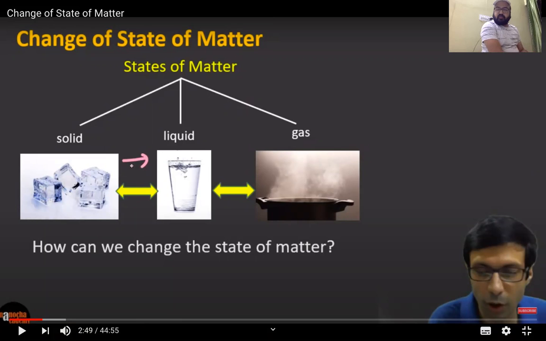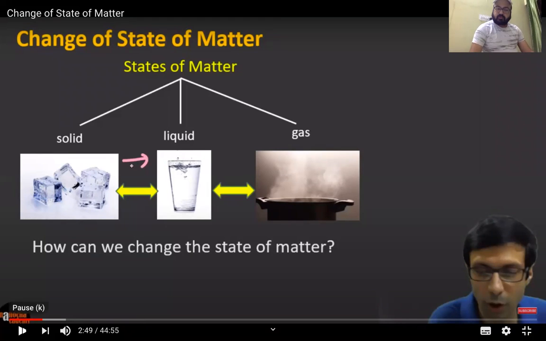We'll be continuing where we left off in the last class. That is the interconversion of states of matter. Here we'll be discussing how one physical state, say solid, is converted into liquid, liquid to gas. Gas can be converted directly to solid. What is latent heat of fusion, latent heat of vaporization? What is the relationship between Kelvin, Celsius, Fahrenheit? Please go through this video properly before attending today's class, and we'll be sharing this video in the